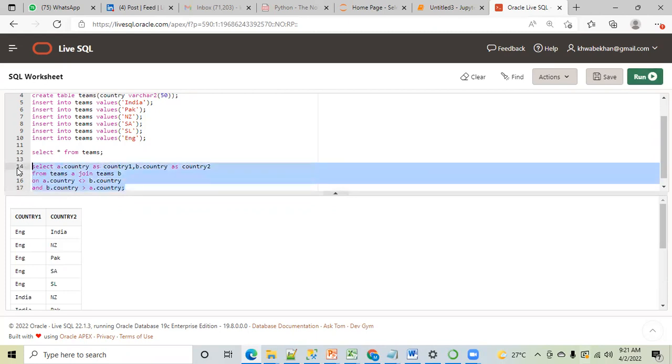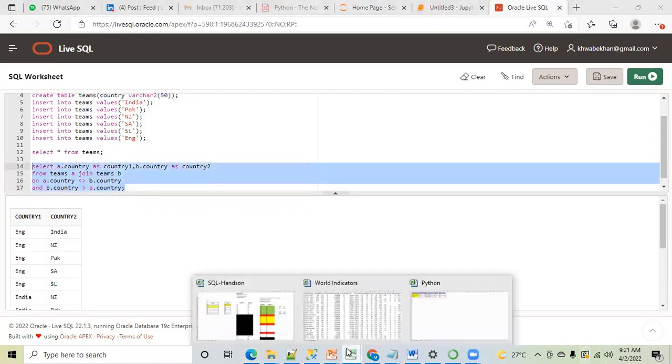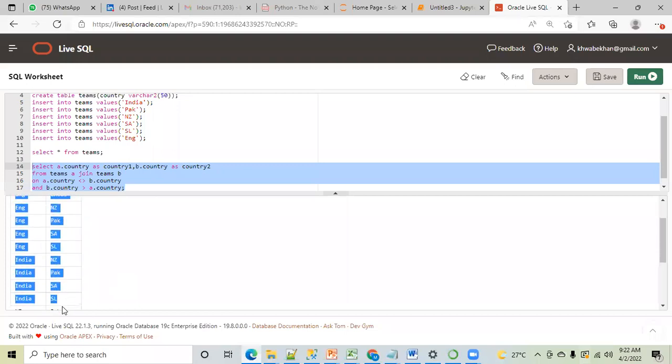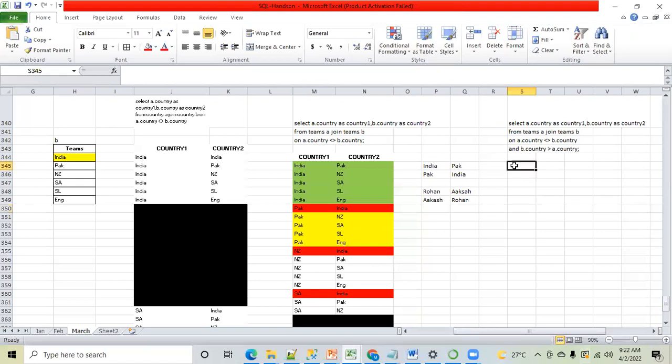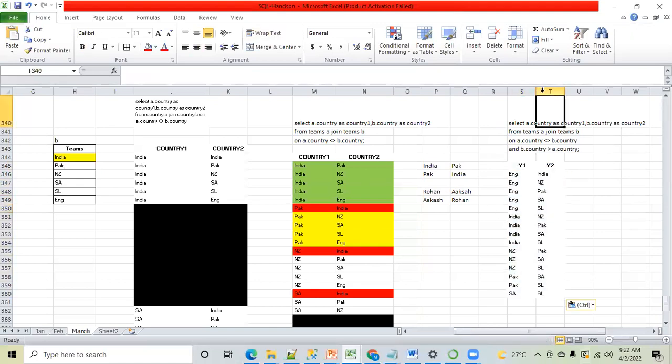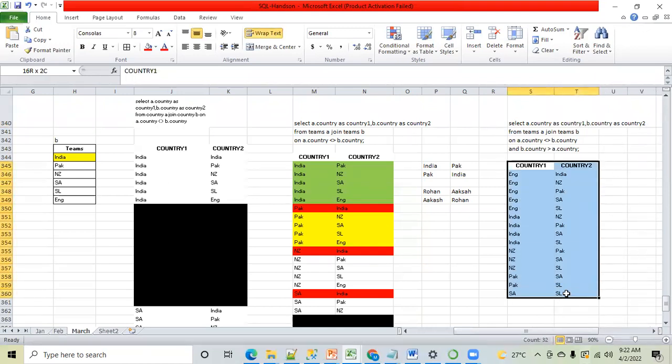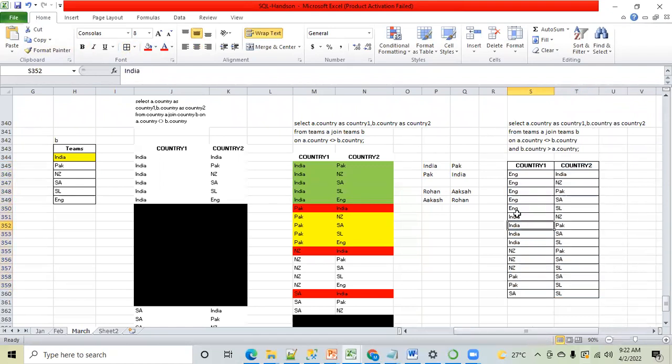Now I have done something in the query. I will explain what I have done, what the reason is, and how this will solve the problem we are facing now. This is your query and this is your result set. Now please try to understand this. First of all, analyze the output and tell me, is this the expected one, what you are expecting? First of all, verify India. Come on, guys. Is this correct? India, New Zealand, India, Pakistan, India, South Africa, India, Sri Lanka. This is correct, right?